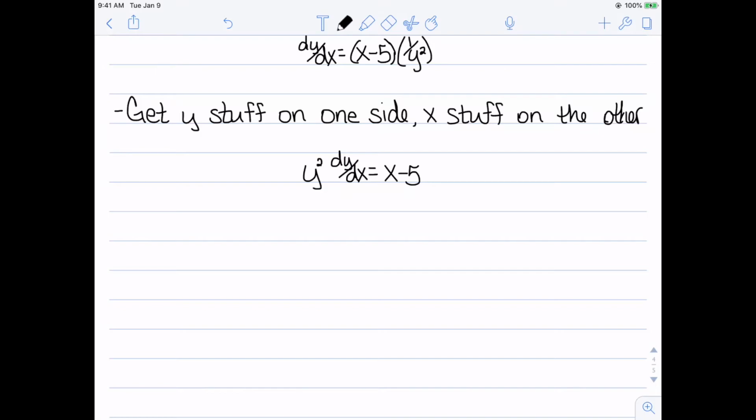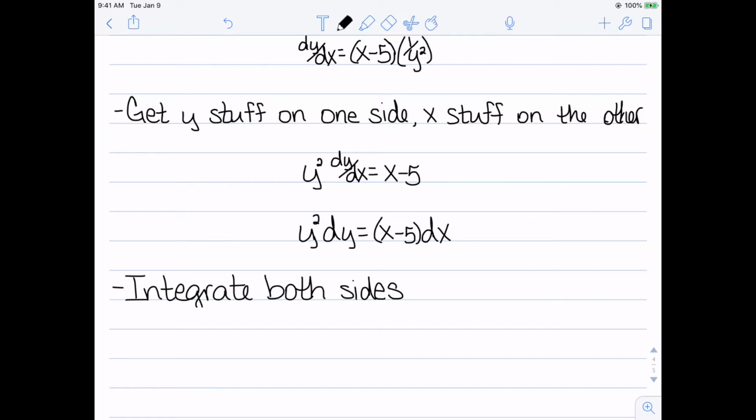So I got all of my y stuff on one side. Everything involving y is definitely on the left. However, I'm also going to multiply both sides by dx since that is some of our x stuff. So now we have y squared dy is equal to (x minus 5) dx. So now we have y stuff on one side and x stuff on the other. Our next step